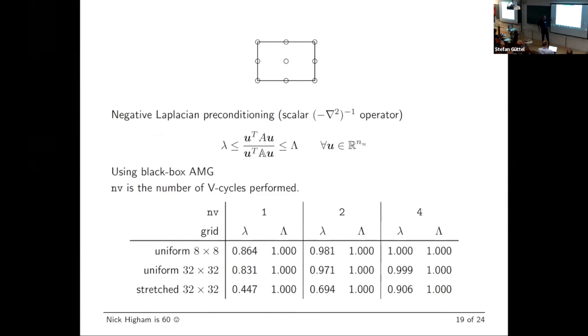You have a parameter that you can vary, which is the number of V cycles. That's the number of times you go through the levels of meshes using something like Gauss-Seidel each iteration. So this is kind of like bounds. If we have a really stretched grid, the equivalence isn't so good. But if you do more V cycles, for example, on this grid, 2 V cycles is usually fine. And this is independent of the mesh, independent of the discretization that we're talking about here. No matter how fine your mesh is, you're going to have these equivalences.